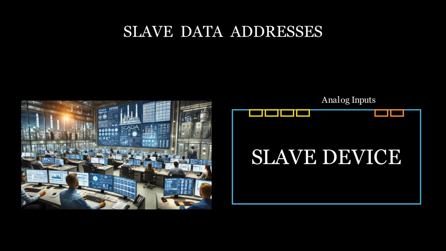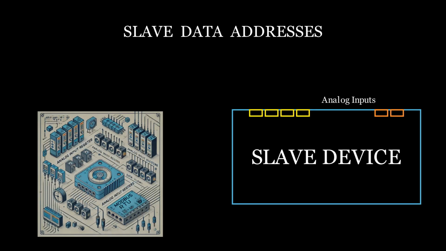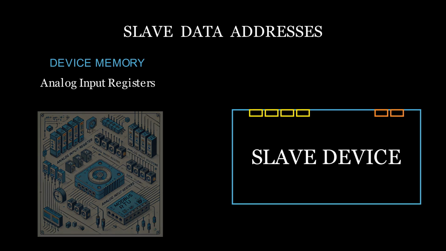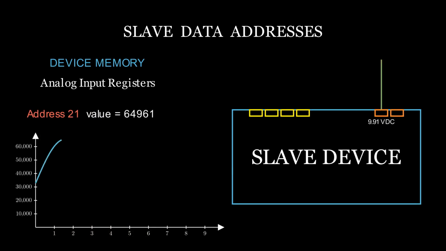In Modbus RTU, the memory area where analog input values are placed is called analog input registers. The data acquired from the analog input is converted into a numeric value within the target range and placed in memory at the corresponding address. The value is updated continually as the input value changes. The Modbus master reads this value by requesting the value of the relevant memory address. Please note how the value of the given address is updated by the slave device as the input voltage changes